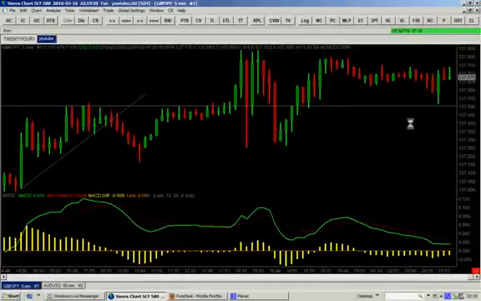So you pay attention to the price first, and then you can see when MACD gives a false signal. So I hope this helps you to filter out all the